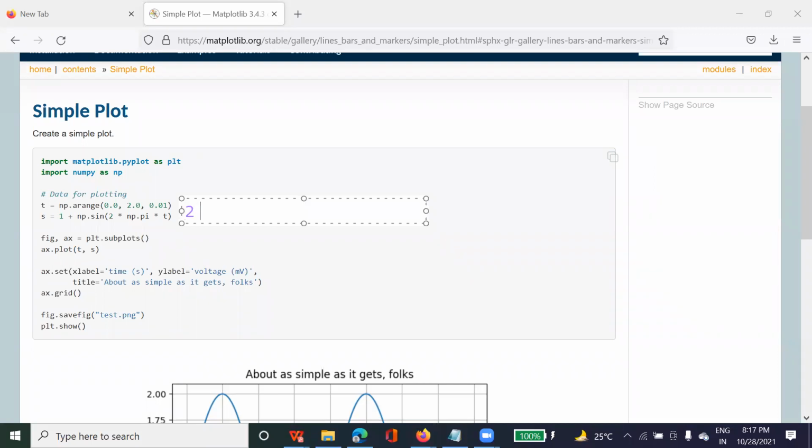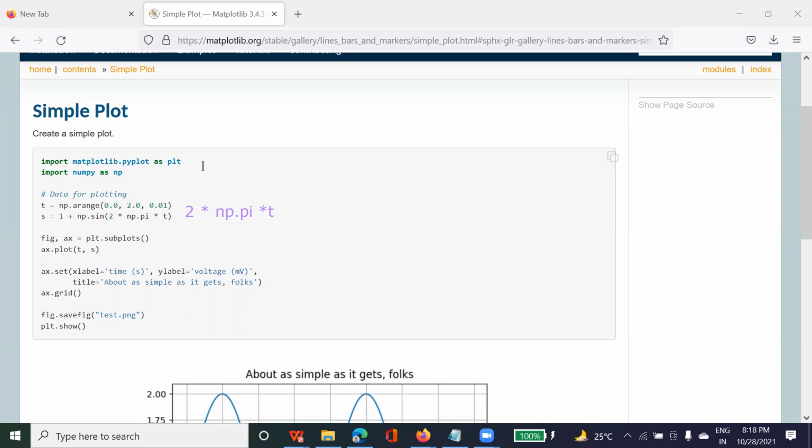Here we are doing 2 into pi, and in Python we write np.pi into t value. From where will we get the t value? From this first t value. Whatever we obtain after multiplying this will be passed to the sine function. The sine function will operate on this value and give some value. We add 1 to it, so we get the s value.